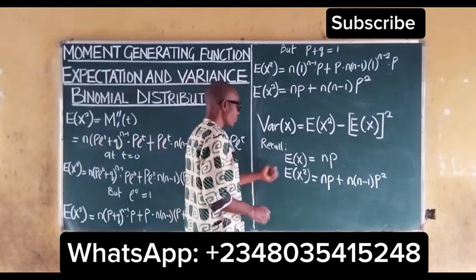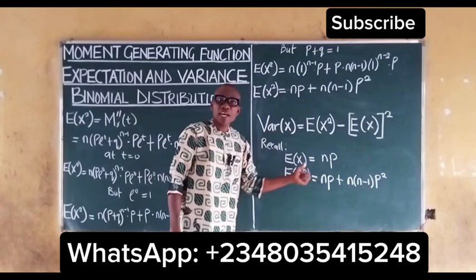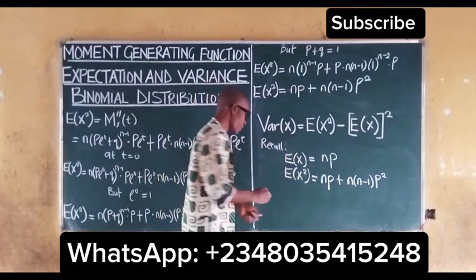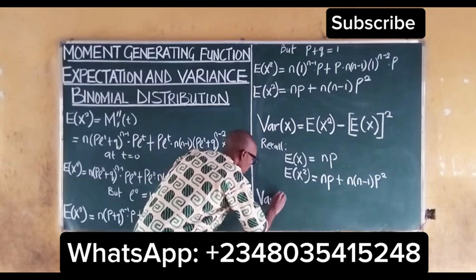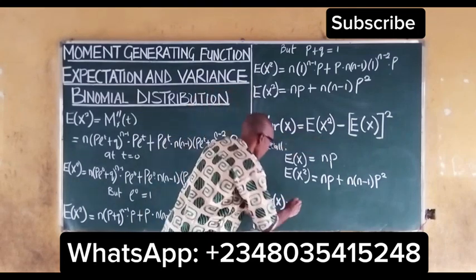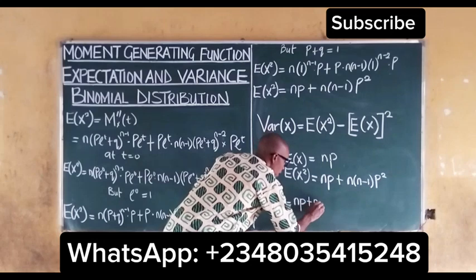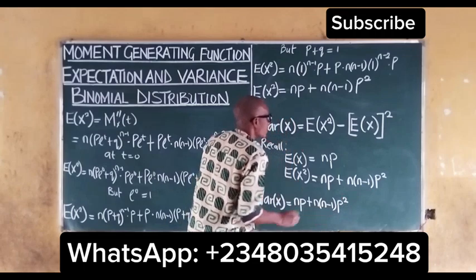Now, the next thing to do is to substitute what we have for our expected value of x and our expected value of x squared into the variance. It then means that our variance of x is equal to np plus n into n minus 1 p squared